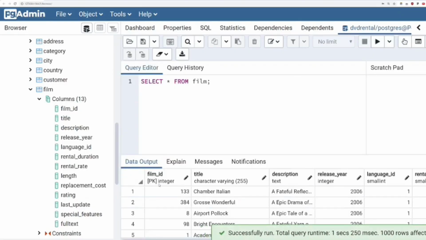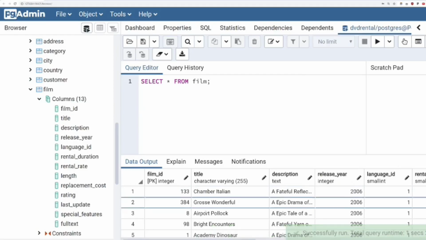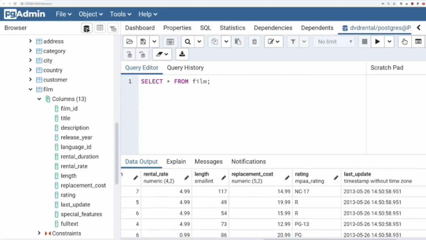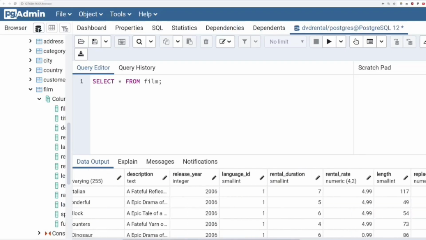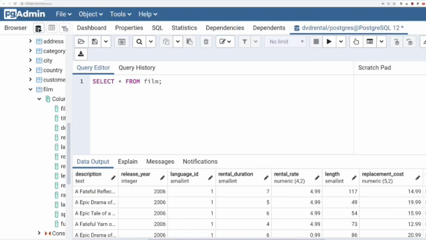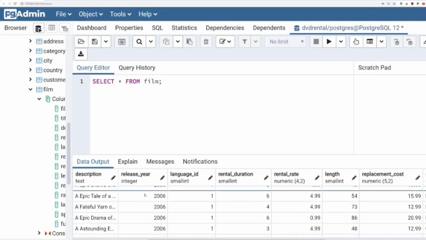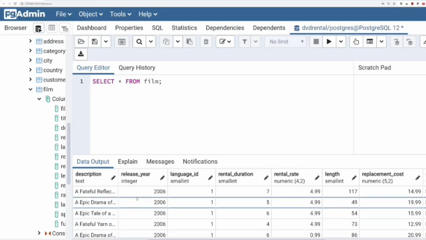And we can see here we have the film ID, the title, description, release year, language ID, and I can keep scrolling to see other information and other columns that are available inside of this film table. So let's think about what kind of questions distinct can help answer. Distinct really helps when we want to know the unique values inside of a column. And if we take a look at these actual tables here, something we may want to know are how many different release years do we have inside of this film database. And what we can do here is say select